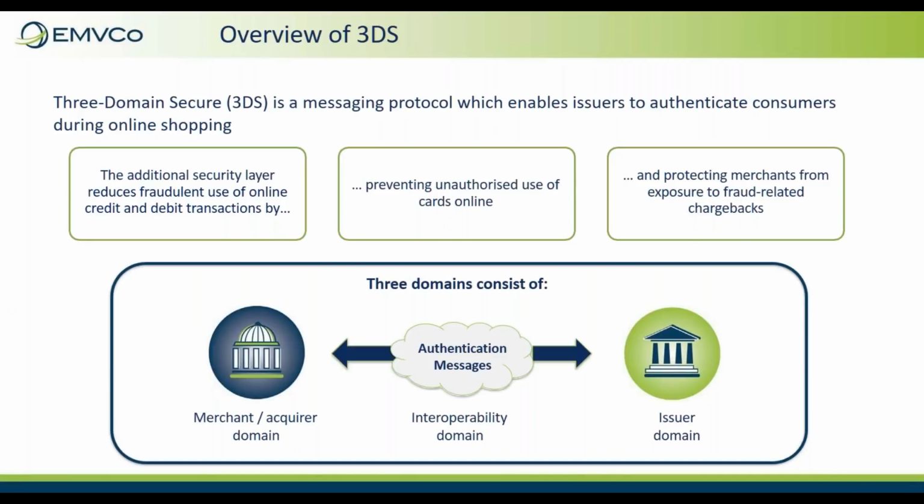So I just wanted to clarify a little bit more. It's the 3DS messaging protocol, and it enables issuers to authenticate consumers during online shopping. Why is it 3DS? Well, the three domains are the merchant, the acquirer domain, the interoperability domain, and then the issuer domain. And as I mentioned before, EMVCo is not involved in setting business policy and chargeback rules, but the